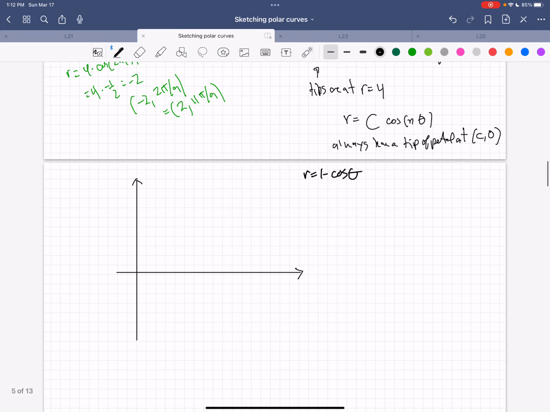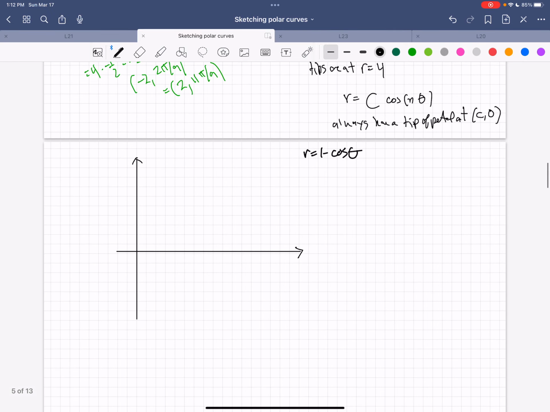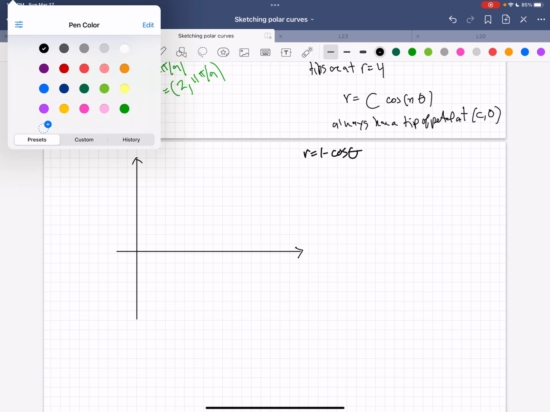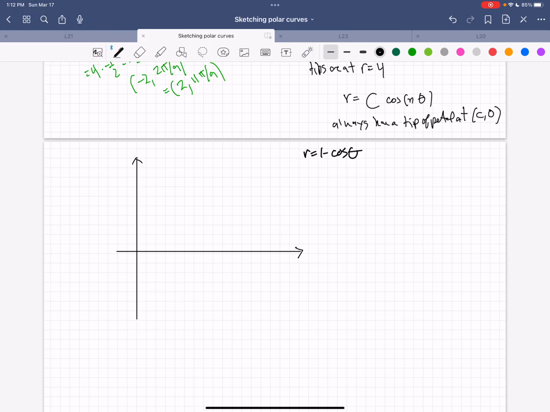We've got r is equal to 1 minus cos theta. So let's get our graph going. 1 minus cos theta, that one is like we flip cos theta over the x-axis, and then we add 1 to it. And so if we think about what some of the angles would be, when theta is 0, we'll get that r is 0 because we have 1 minus 1. And then when theta is pi over 2, we get r is 1. So if we're trying to divide this up into our usual single period,